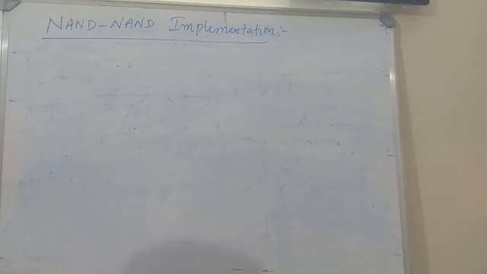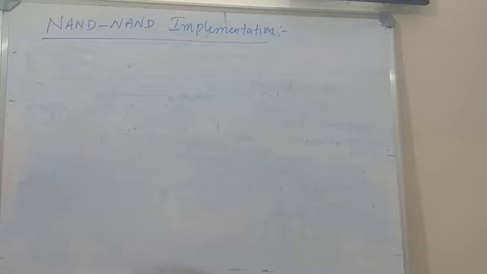So this NAND gate is one of the universal gates. By using a universal gate, you can implement any logic function, and any basic gates can be realized using only NAND gates or NOR gates. Now let us see the NAND to NAND implementation. You can implement NAND to NAND operations in a number of ways, but I am going to tell the simplest way to implement the given logical expression in terms of only NAND gates.